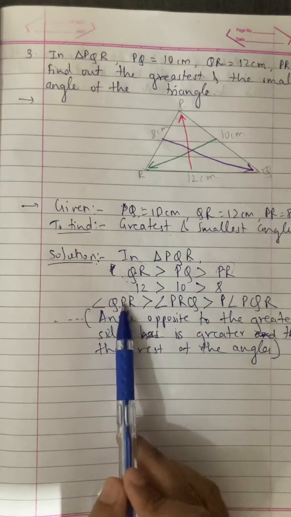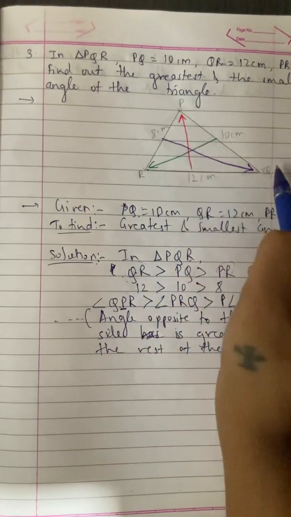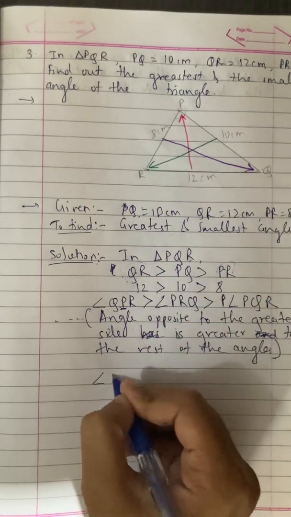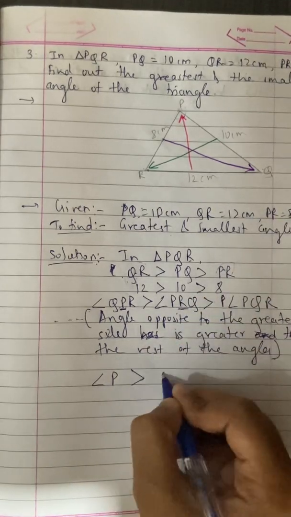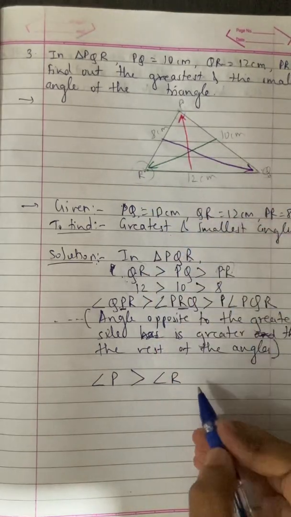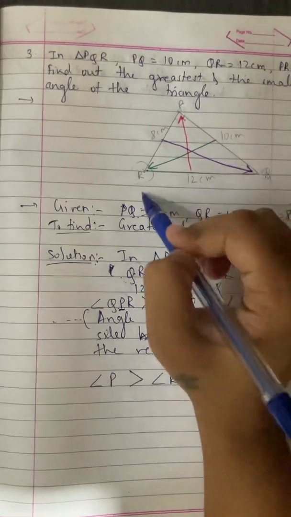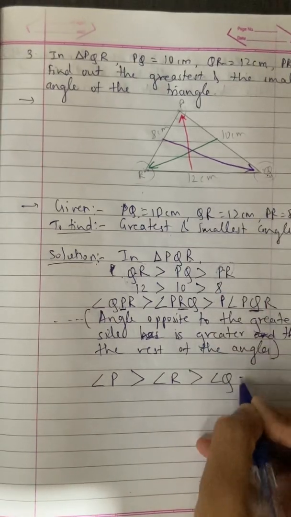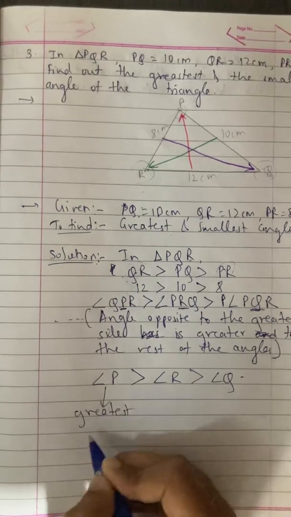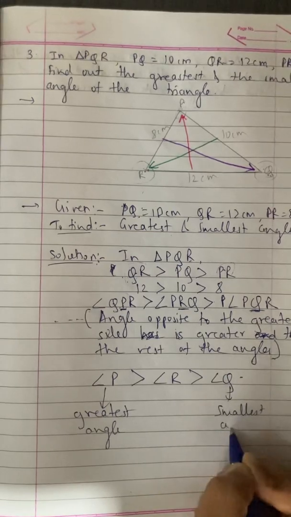You can write down one letter name also. The middle letter of the name is the actual angle, that is the actual corner. So in QPR, this angle P is the actual name. So we can just write down angle P. What is in the middle of PRQ? Angle R. So PRQ means angle R, is greater than angle, this is middle letter Q, so PQR, this is the actual angle, angle Q. OK, so which is the greater angle? Greatest angle, and this is the smallest angle.